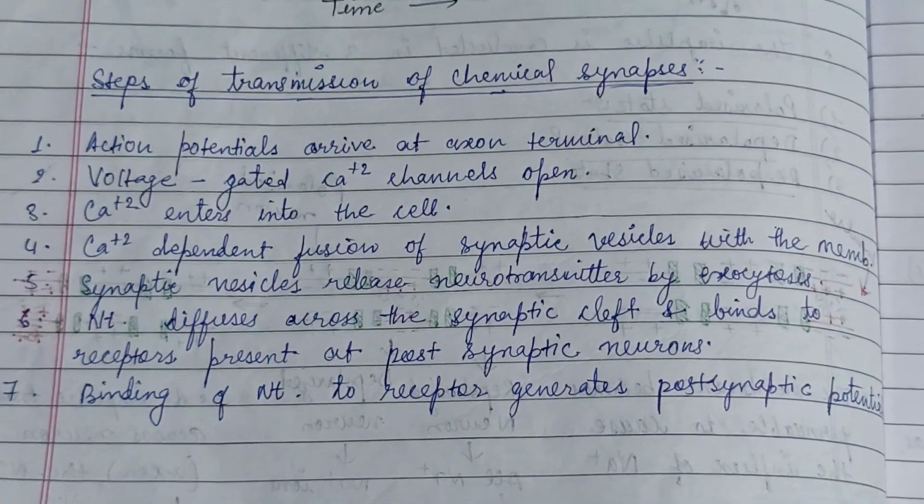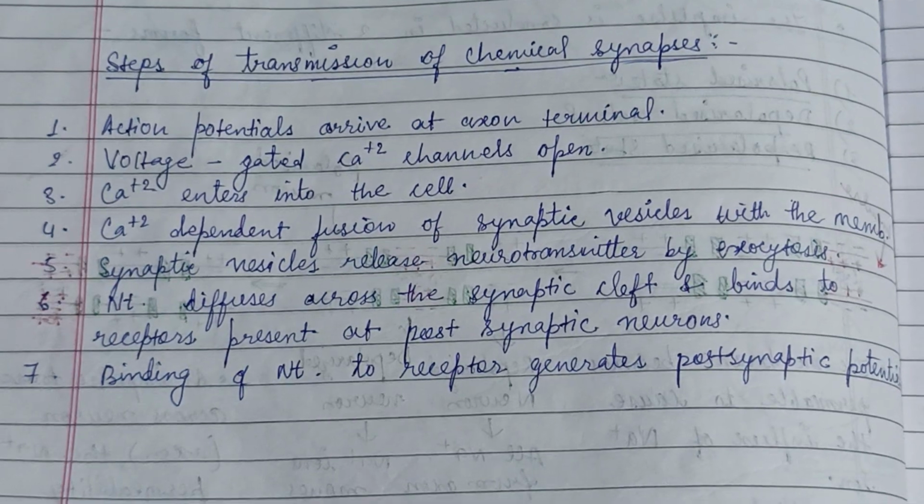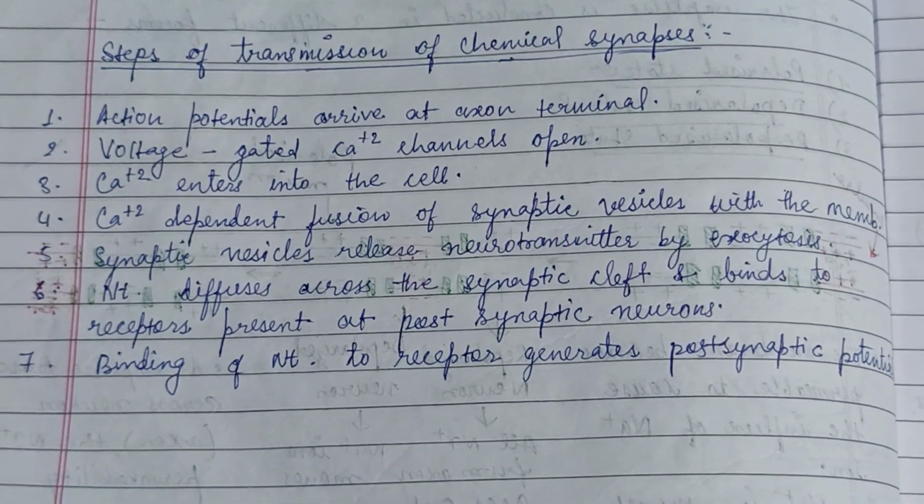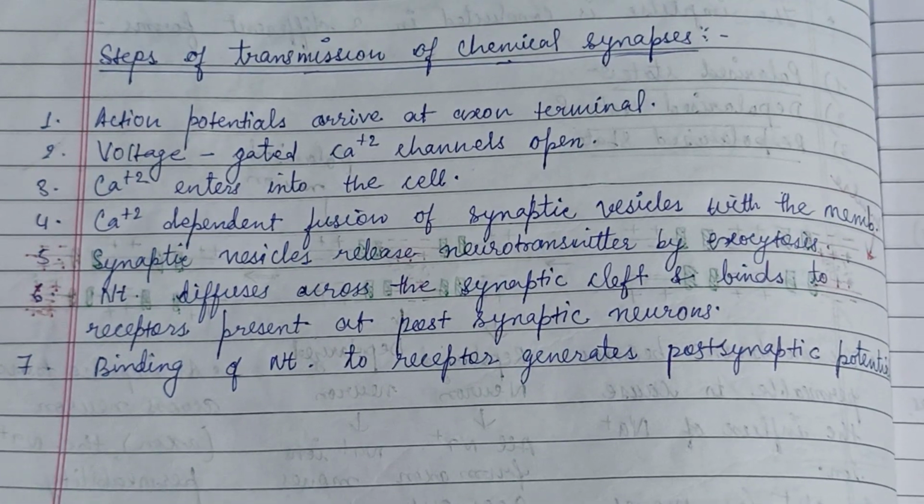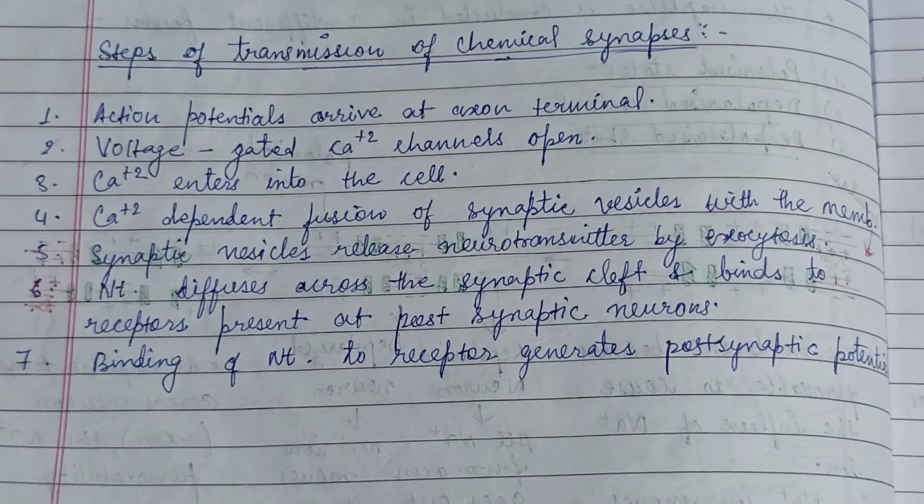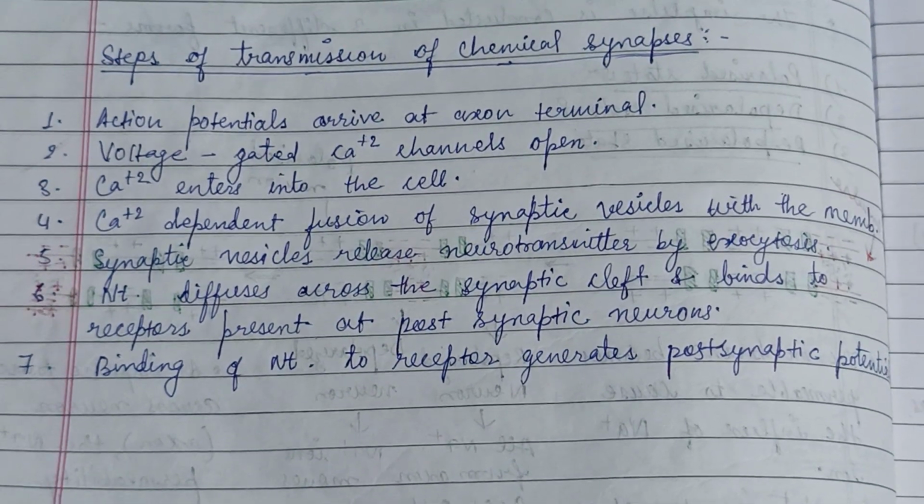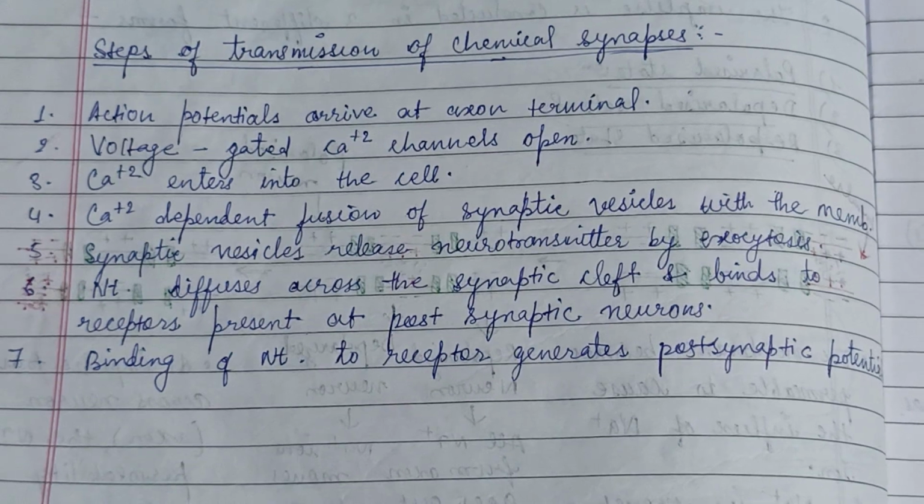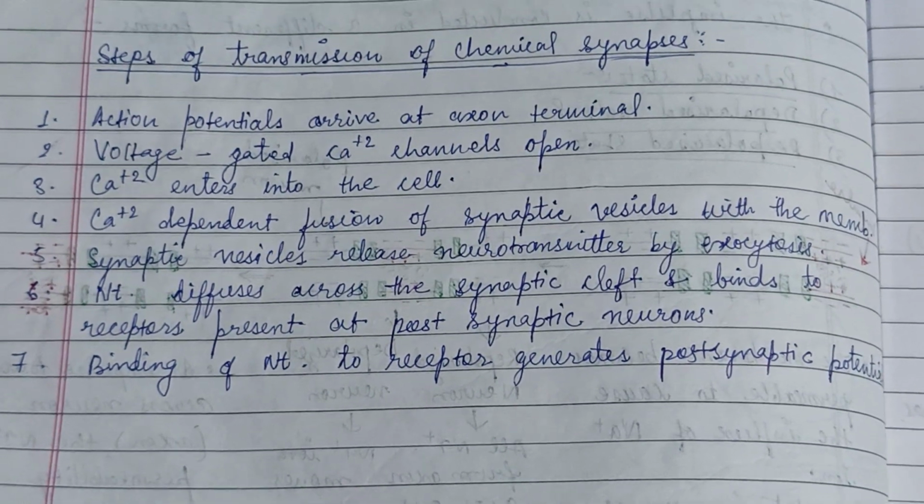Now the steps of the transmission of the chemical synapse. Firstly, the action potential arrives at the axon terminal. Then the voltage-gated calcium channels open, and the calcium enters into the cell. When calcium enters, there is calcium-dependent fusion of the synaptic vesicle with the membrane, and the synaptic vesicle releases neurotransmitter